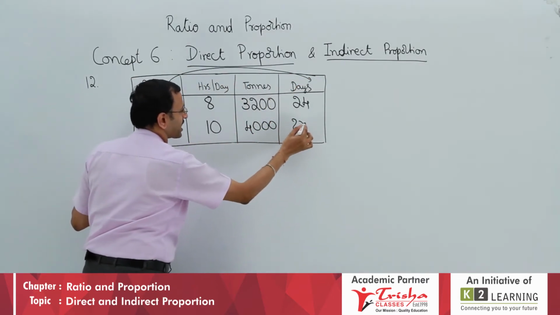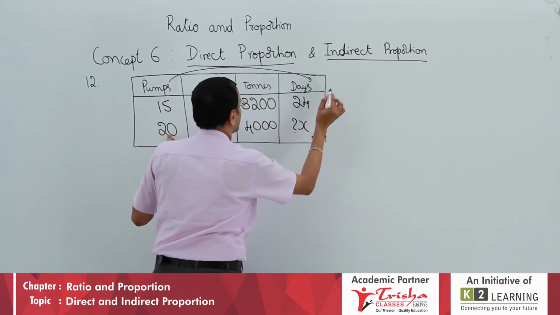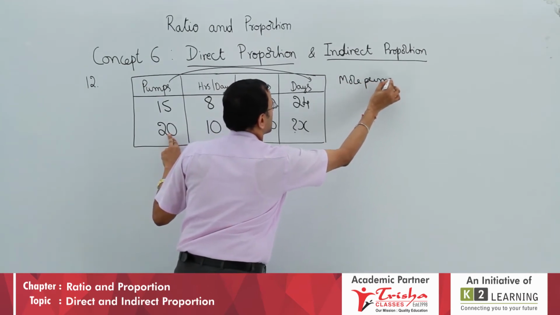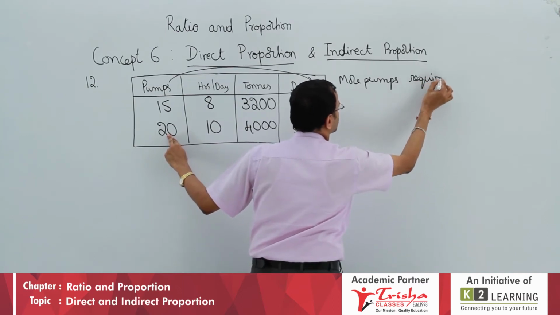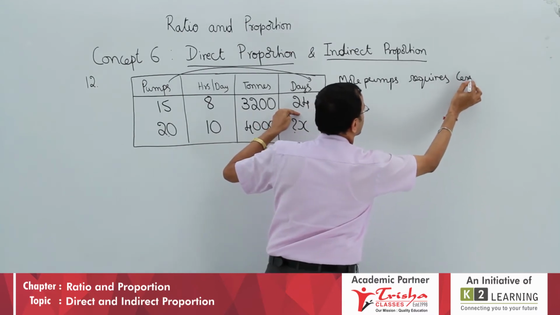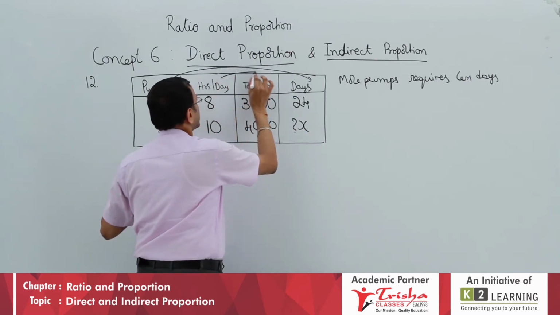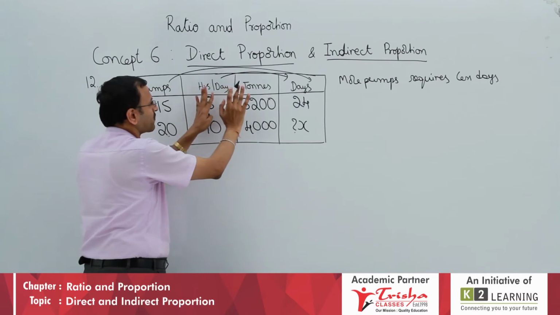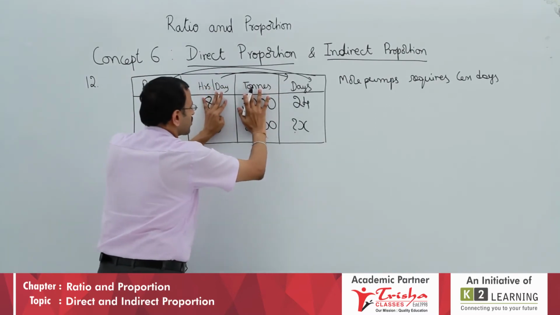So, first if I take x, 15 pumps can finish the work in 24 days. More pumps are there, do more pumps require more days or less days? Students, can you answer? If you use more pumps, the work requires fewer days. That is the first one. Now for the second one, you have to keep the others constant. Whenever there are multiple variables, you have to take the rest as constant.